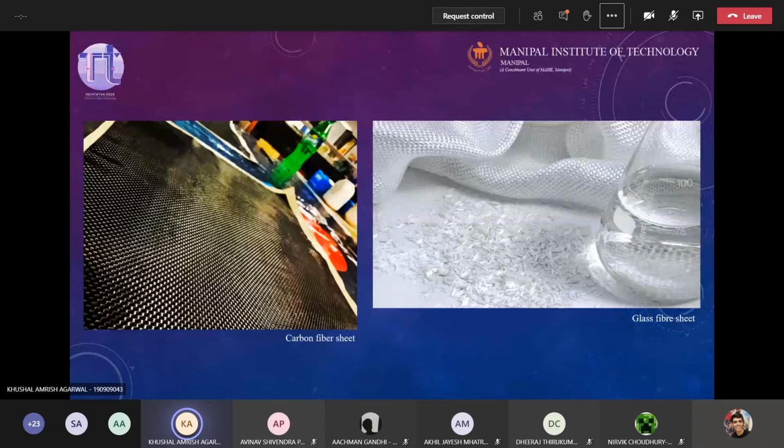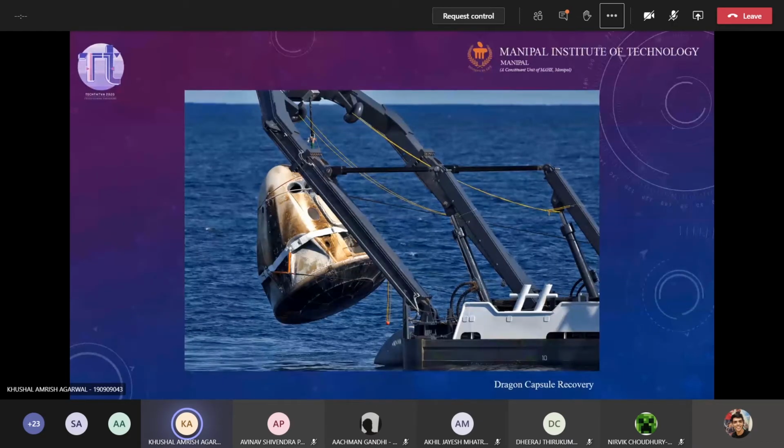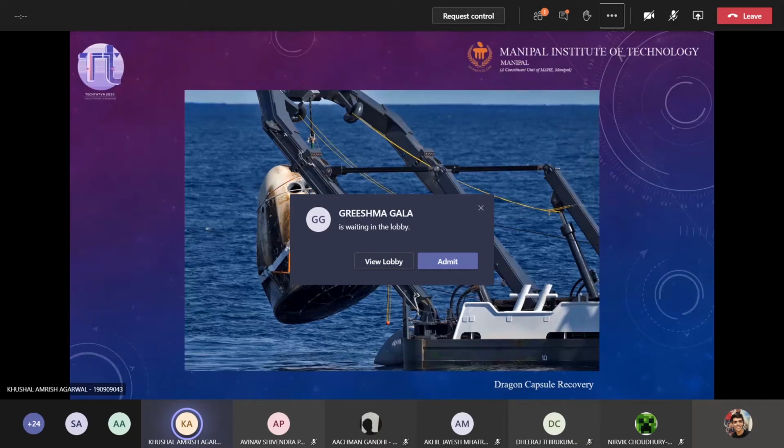So one of the main reasons is this. Can you all figure out what this is? It's the Dragon capsule, right? One of the most recent launches of SpaceX. Here you can see the whole outer fuselage of the rocket has been burnt off. This is because of the high re-entry temperatures. And down you can see there are some black tiles which are put.